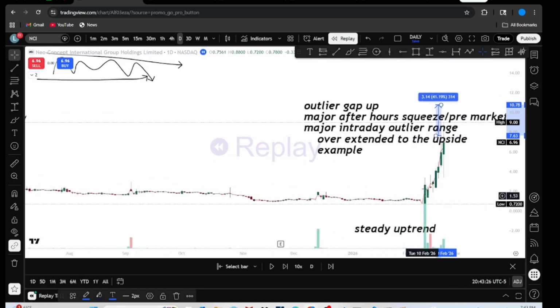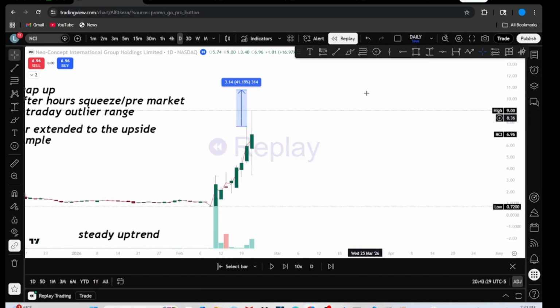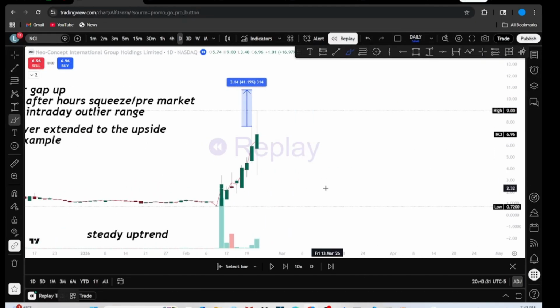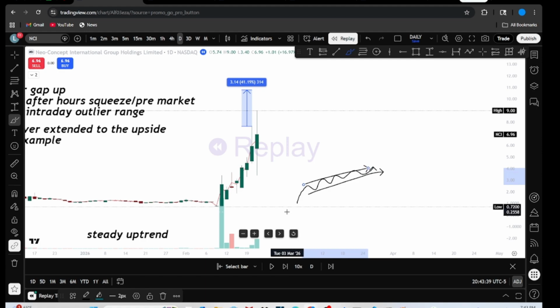This is definitely a lot of information all at once. However, essentially, all we're doing here, if we're speaking just from a chart perspective, is we're seeing a steady uptrend, right? We're seeing a steady uptrend in a stock that we know is not a good company. We know has a very high likelihood of coming back down and crashing. And so all we're waiting for is signs of euphoria, signs of overextension, which is shown either through massive range on the intraday, which just means during a daily period, or we're looking for that big gap up in the after hours or pre-market that shoots us away from the consistent trend like we saw here.